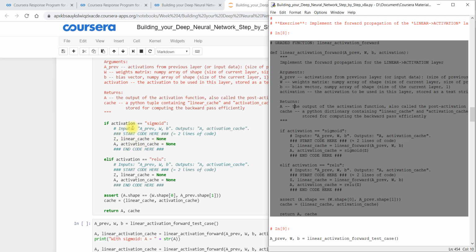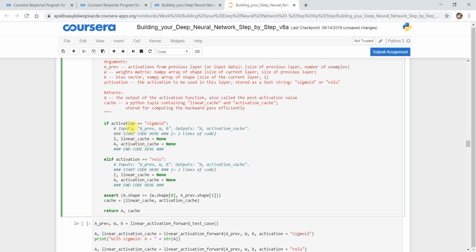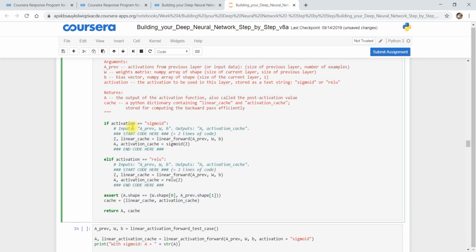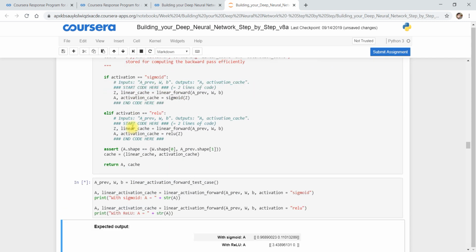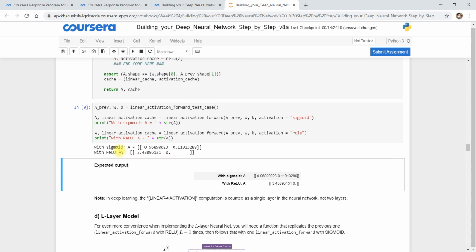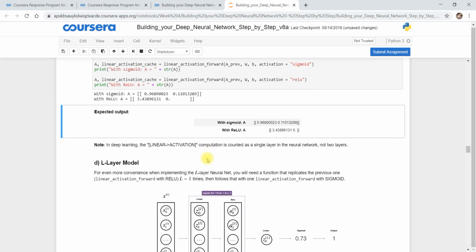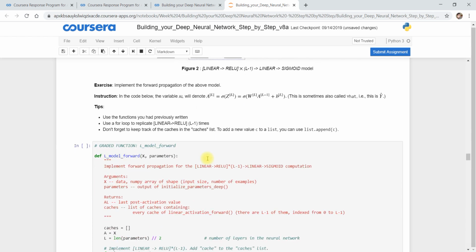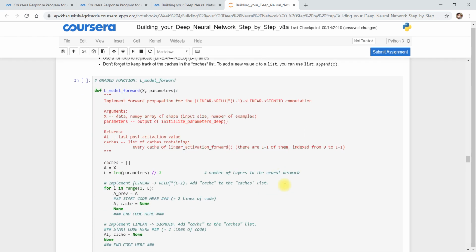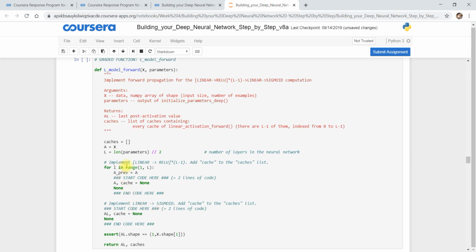In between that only, you check from the video and complete it. You can see here again our actual and expected output are the same. And now L model forward. In L model forward also we have to make little changes here and here.